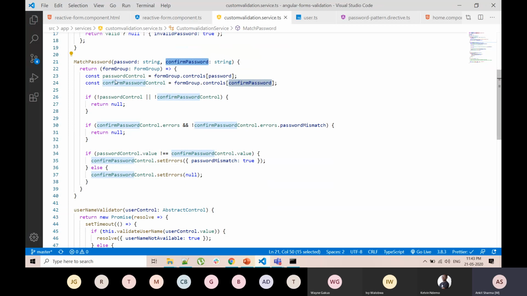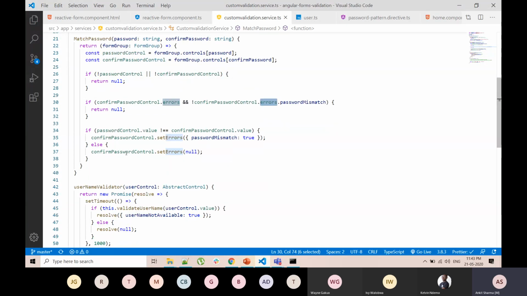Once we get those two fields, we create the form group controls and check here. First, the password control and confirm password control should not be empty, and they should not have any other errors, meaning no required field errors. Then at the end we check if they are not equal, and if so, set the password mismatch property to true.